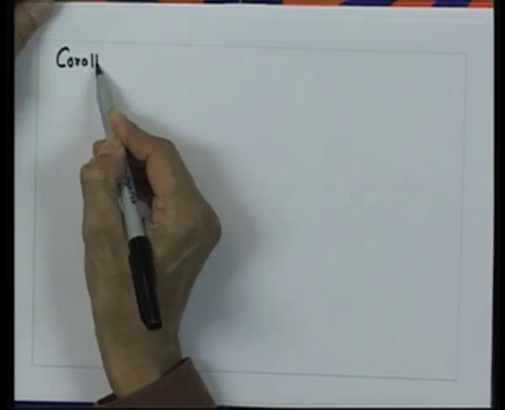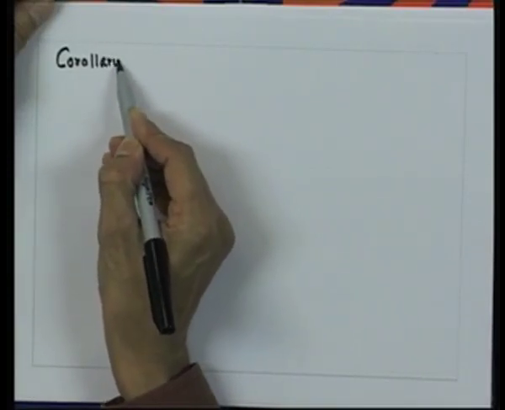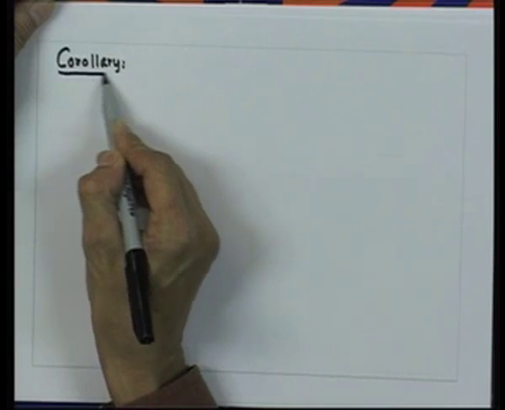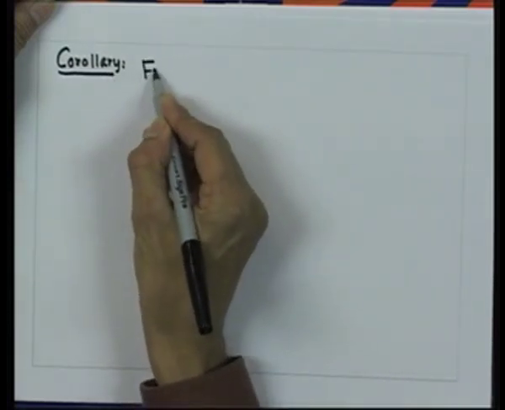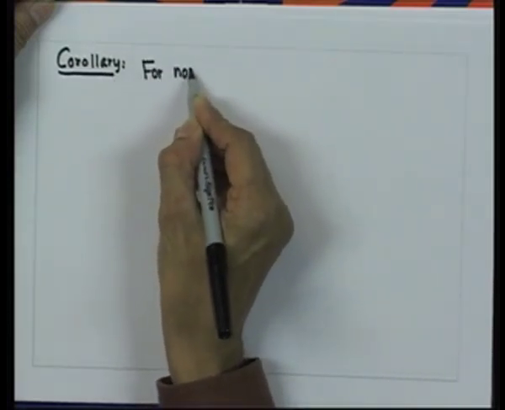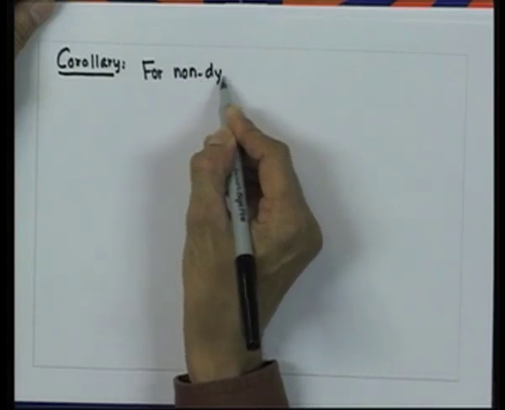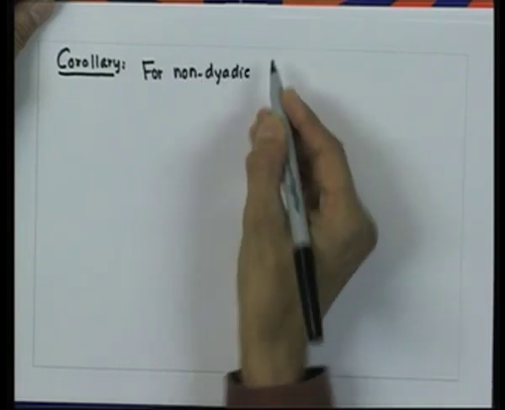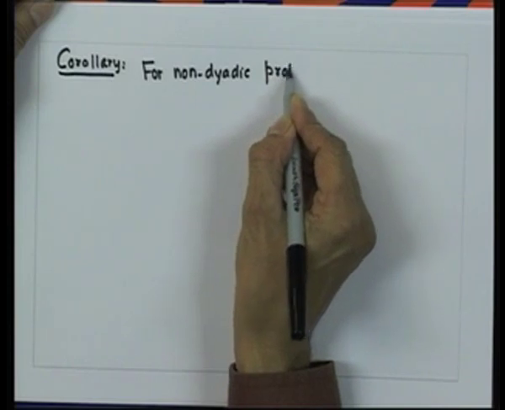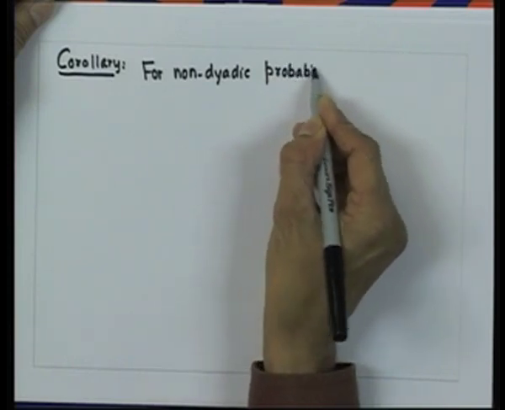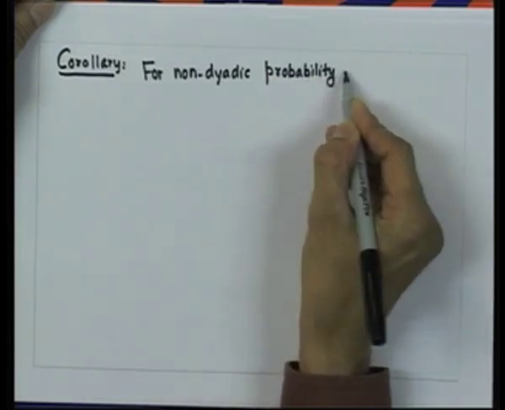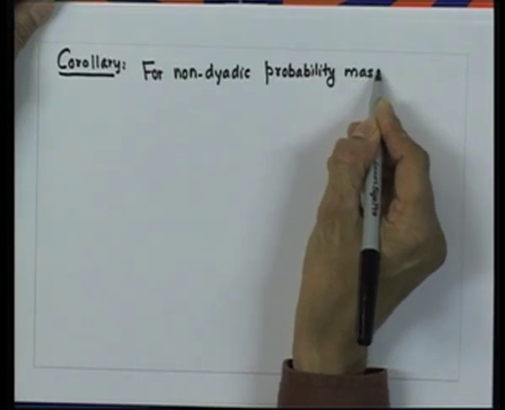So, the corollary for the non-dyadic probability mass function would be,